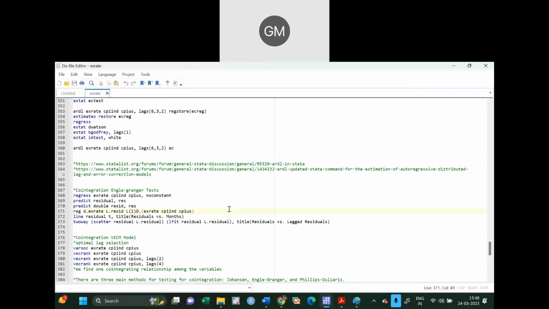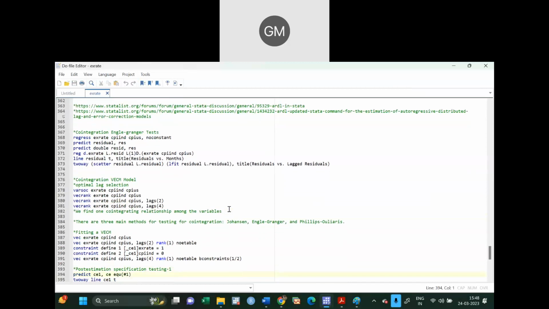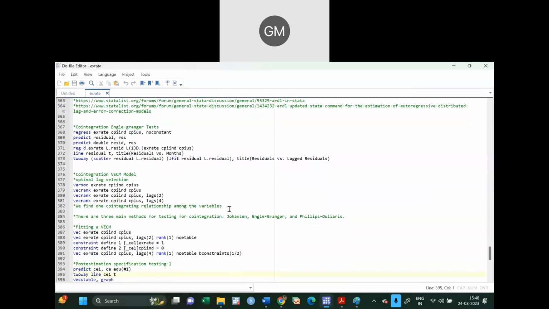Okay, now let's go for other tests of cointegration. There are 3 main methods of testing for cointegration. One we have briefly done is Engle-Granger. There is Johansen, which is the most famous one, and Phillips-Ouliaris, right? So Johansen is the most used. So anyway,